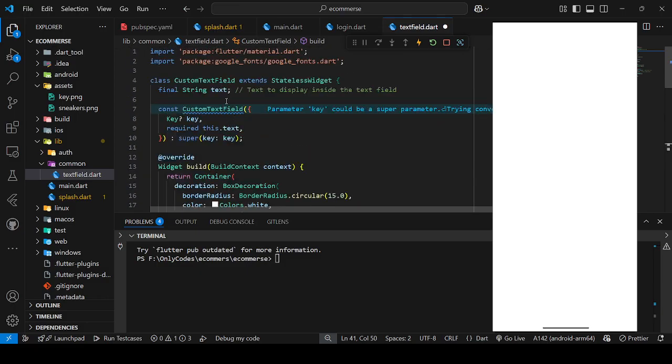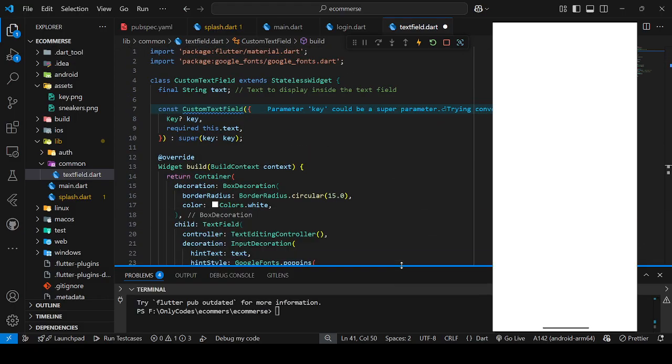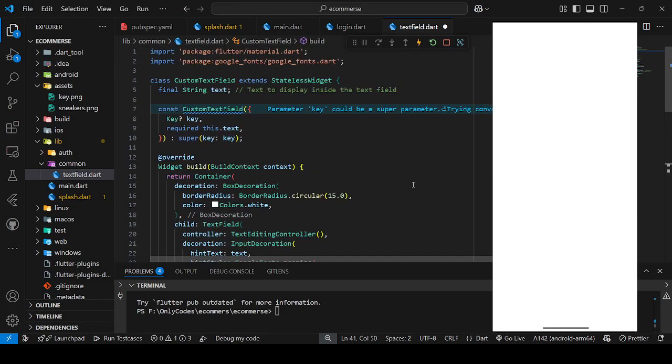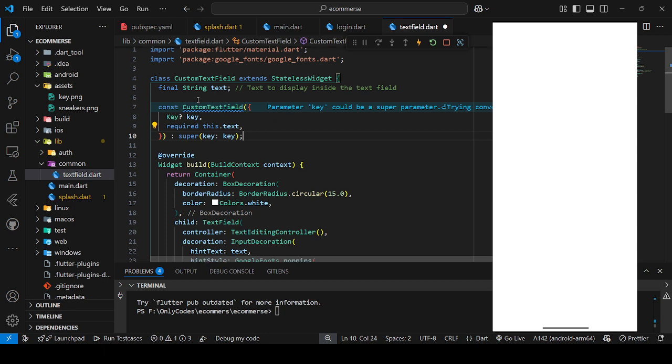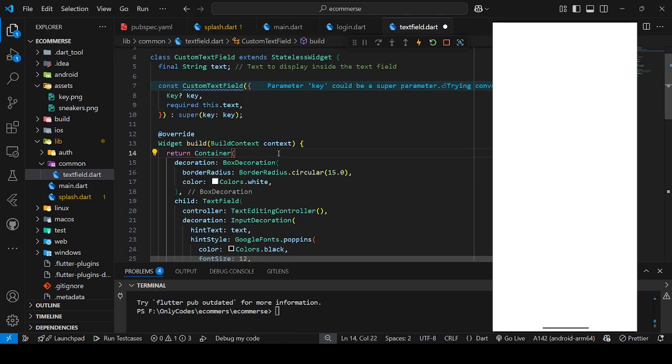So first of all we have created a custom text field which is कस्टमाइजेबल, और यहाँ पे अपन ने दो पैरामीटर्स पास करे हैं। सबसे पहला पैरामीटर है hint, जो कि नलेबल है, अगर मैं उसको नहीं भी दूंगा तो भी चलेगा, और दूसरा है text, जो रिक्वायर्ड है। ये represent करता है कि अगर मैं कुछ भी डाल रहा हूँ उसके नेम में, जैसे टेक्स्ट फील्ड में नाम लिखना पड़ेगा, क्योंकि जब तक मैं नाम नहीं लिखूंगा it won't give me the solution और मैं आइडेंटिफाई नहीं कर पाऊंगा। तो सेम चीज यहाँ पे दो पैरामीटर्स पास किए गए हैं।